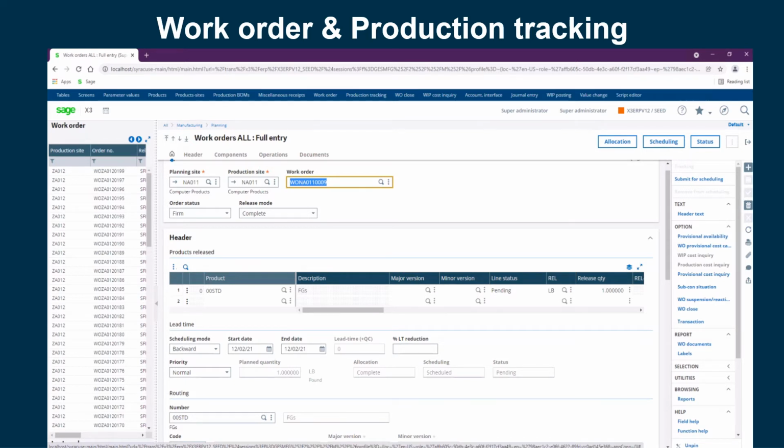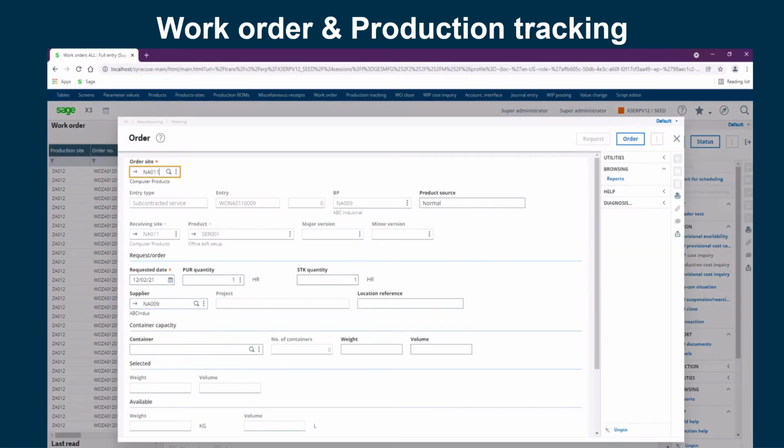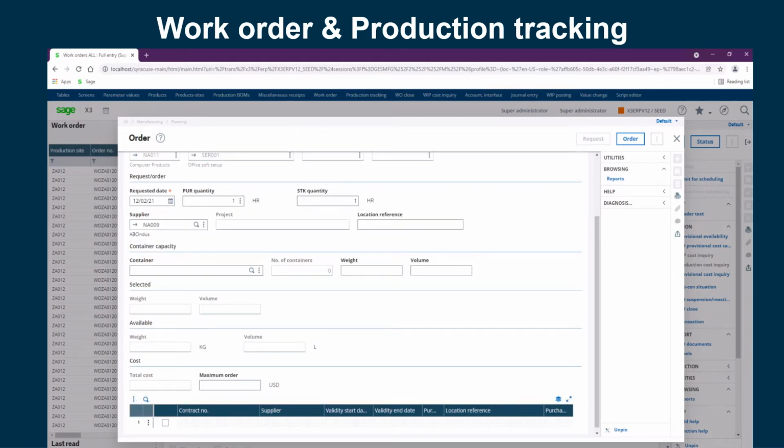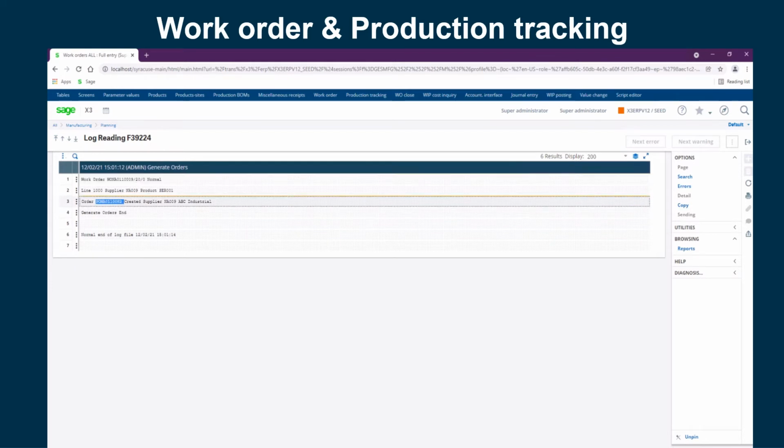Then I'm going to click on the operations. Here, what I'm going to do is to click on the actions or the three dots. I'm going to select order so that way I can generate a purchase order. I'm going to check the information, make sure everything is fine. Here's my product, my service product. Here's the site. We are asking for one quantity, and I'm going to click order. Now that the order has been created, I'm going to go ahead and copy it, close out of here,